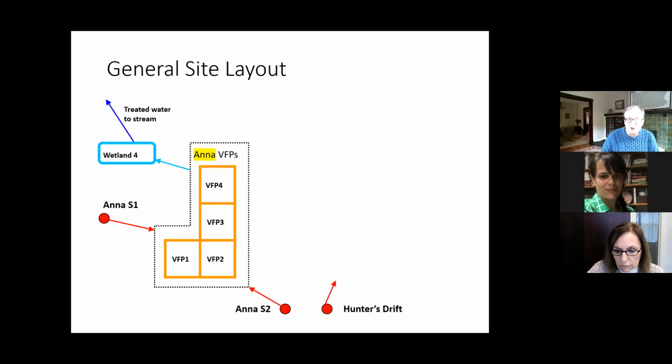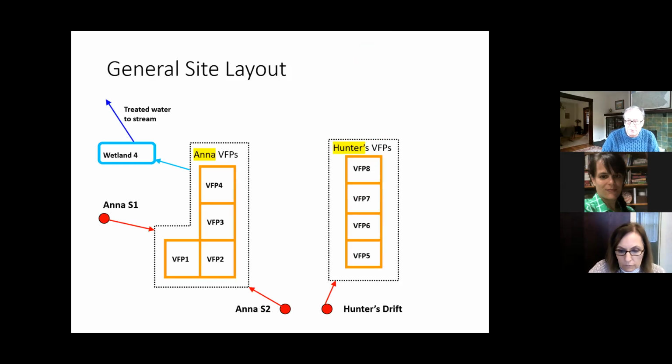Same deal for the Hunter's Drift, except because the Hunter's Drift was collected at a drain, I think it was about 15 feet lower than the ANA S and ANA S2 discharges, and because of that, we couldn't get it into this upper bench, so we put it on a lower bench. And same deal, bring the water over, just split it up into 4 flows, send those flows individually to VFPs,